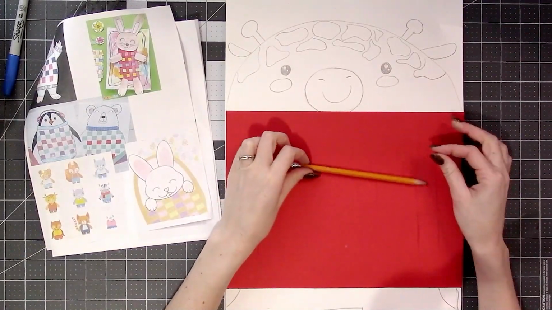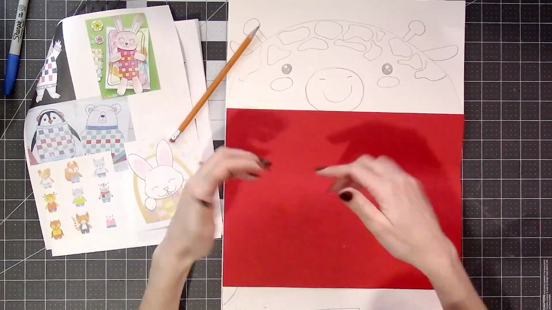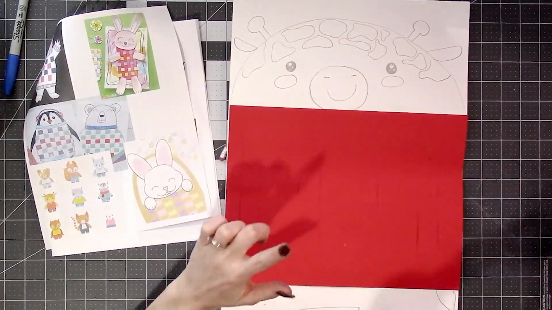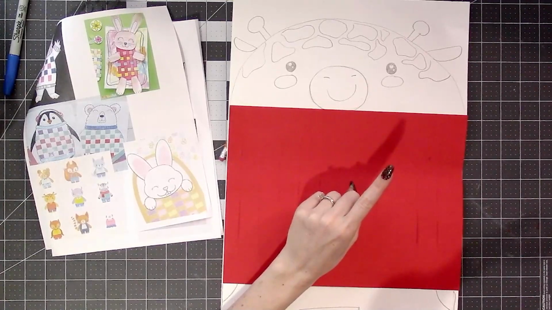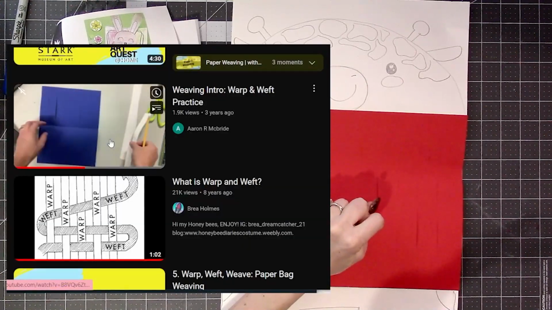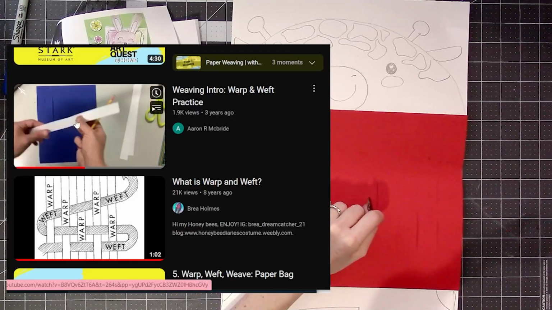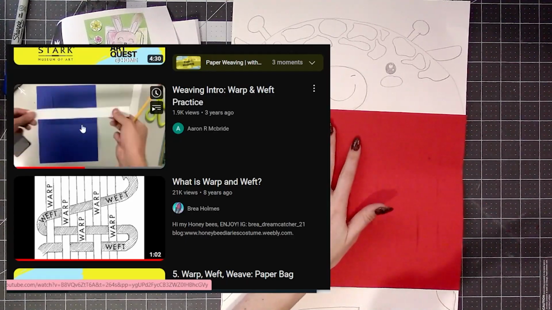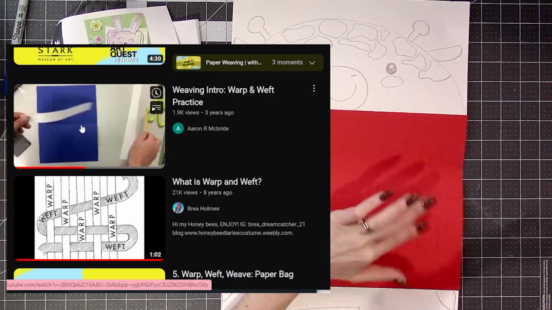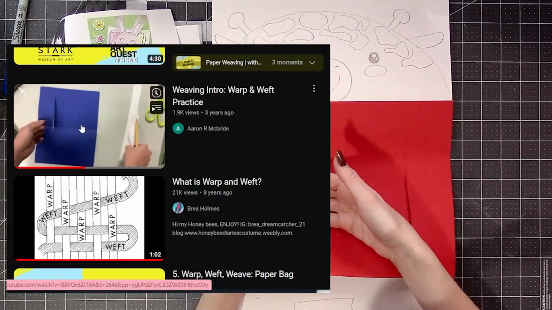Yeah, it's the lines that are going to go through our warp, which are these lines that are going down the loom. So we watched this video last time, right here. We watched part of this to learn about the warp and the weft. Do you guys remember that? So what he's holding right now in the thumbnail, see those little pieces of paper? We're going to make those and we'll weave them into our loom next time, but we're just going to go ahead and make them and then we'll just kind of stick them in there so that we don't lose them